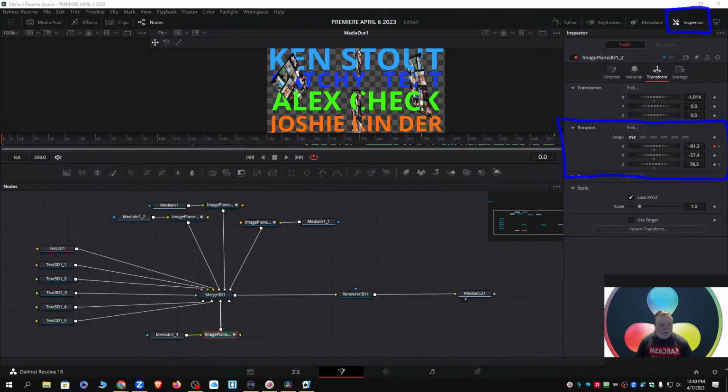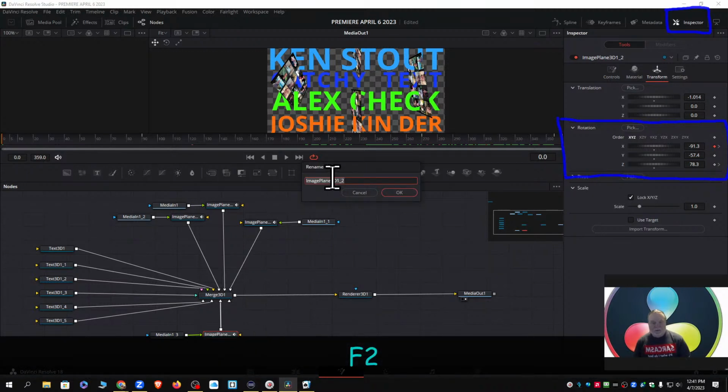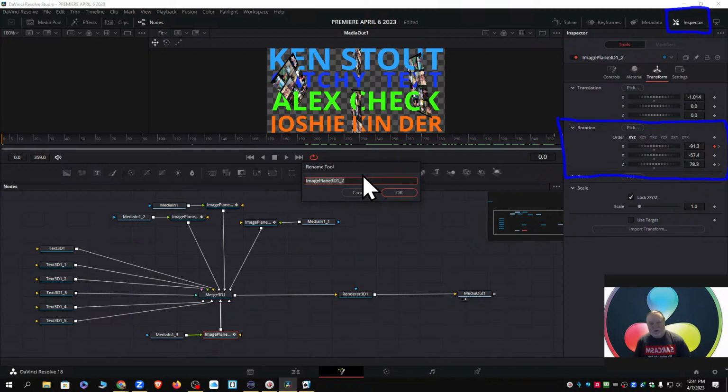While I'm on that, I'm going to get rid of the paint. I'm going to click on this and hit F2. It brings up the rename tool so you can rename your nodes, and it pops up here in the middle. Well, I drew a box around this,